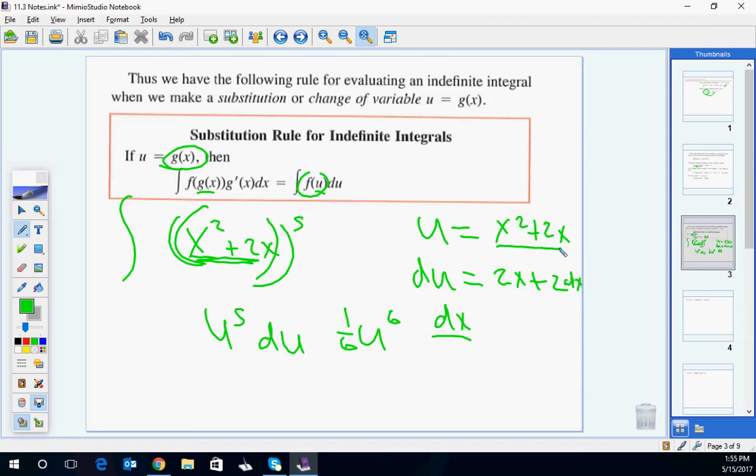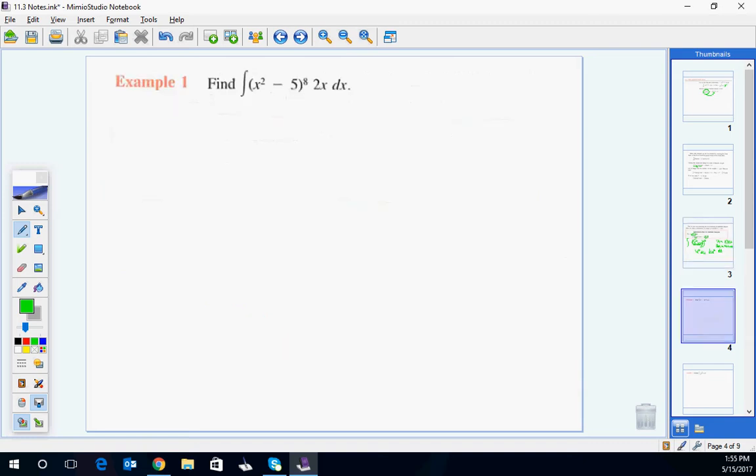Okay, so let's look at this one. We want to find the integral of (x squared minus 5) to the 8th, times 2x dx. So first off, what is our u going to be? Our u in this case is going to be x squared minus 5. Du